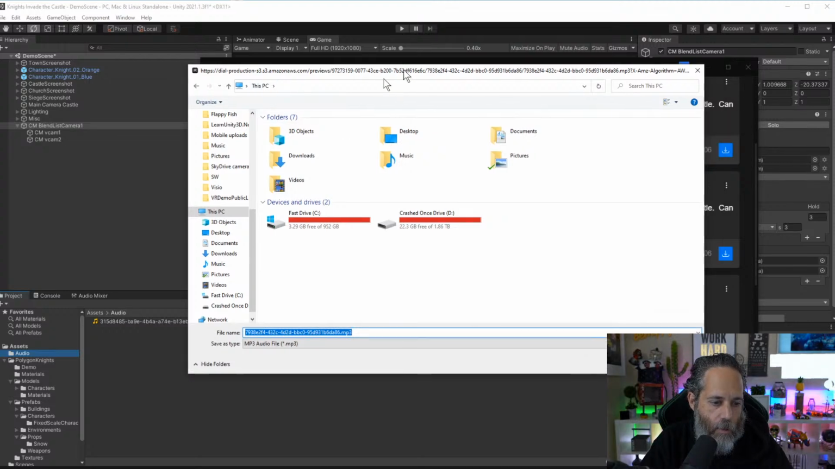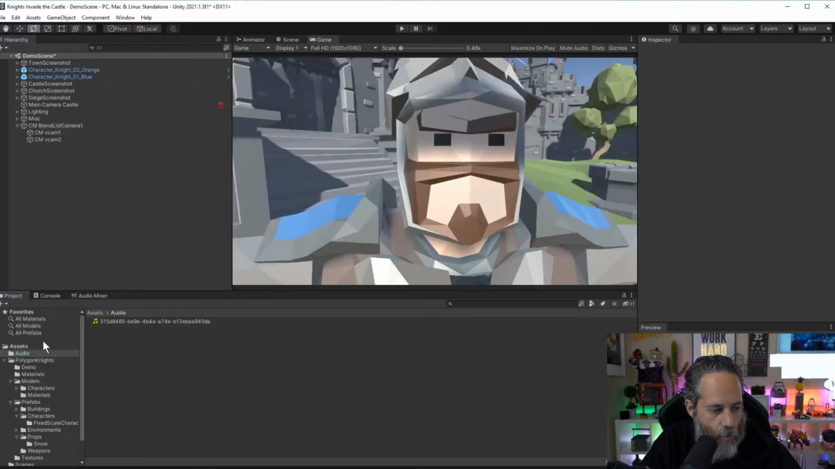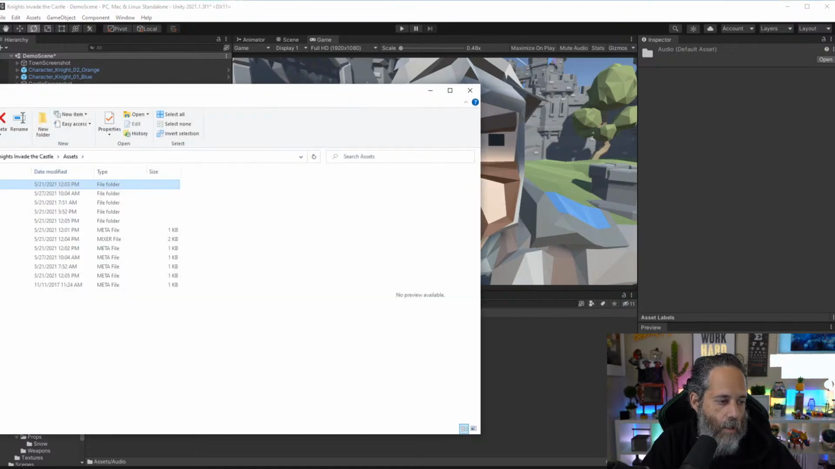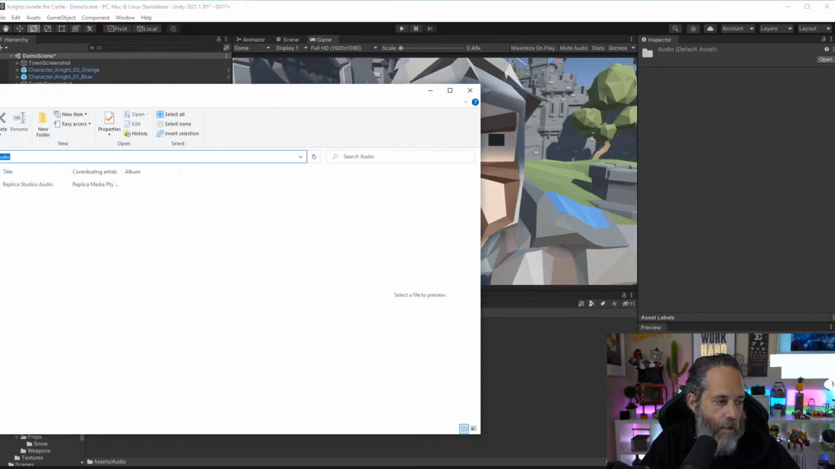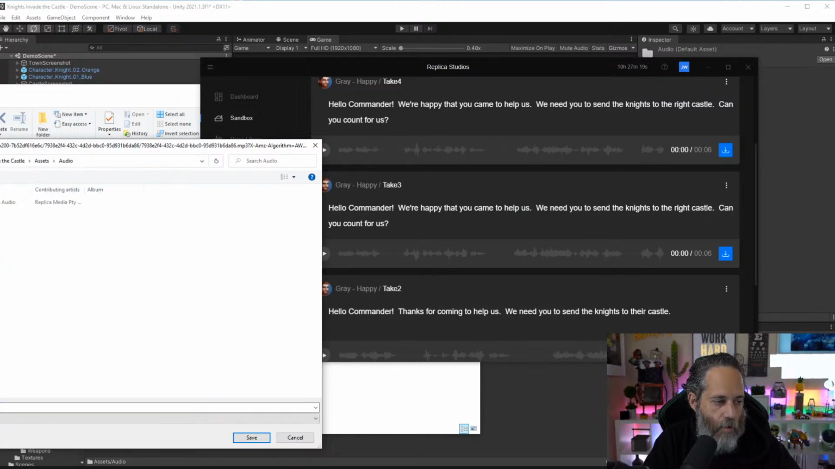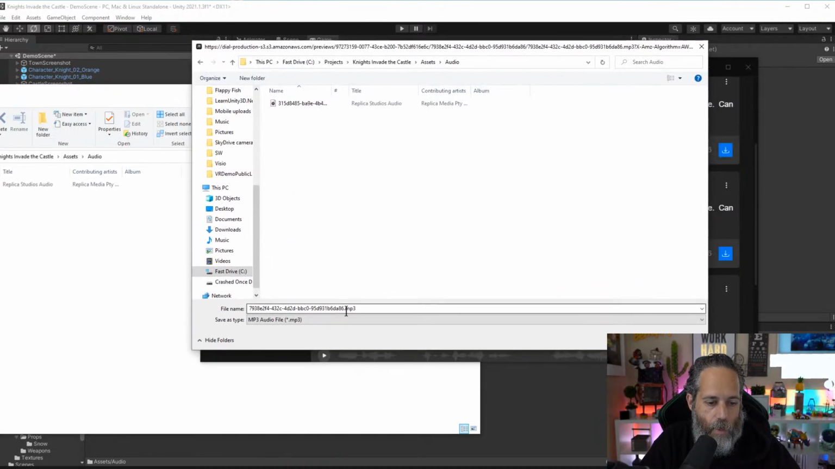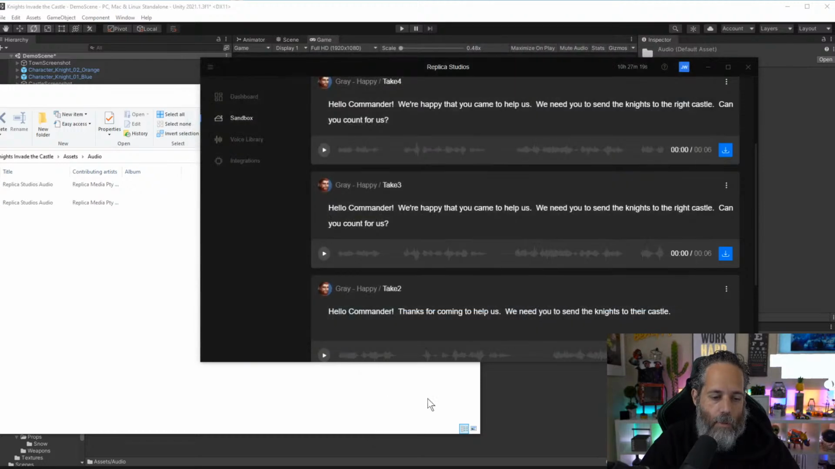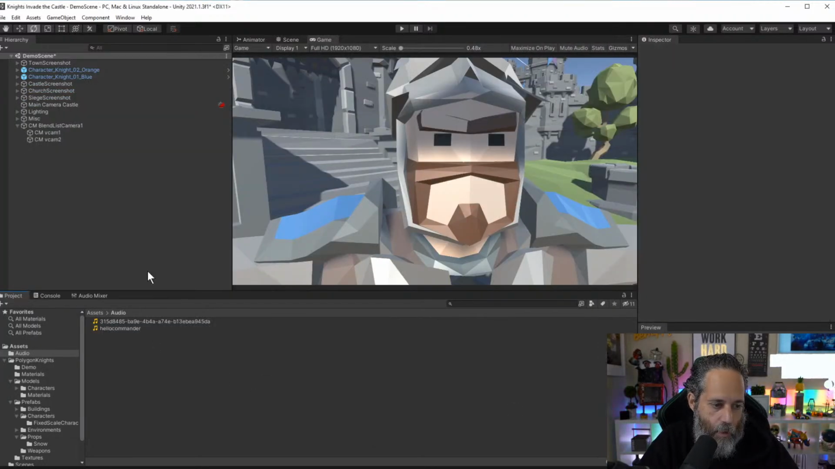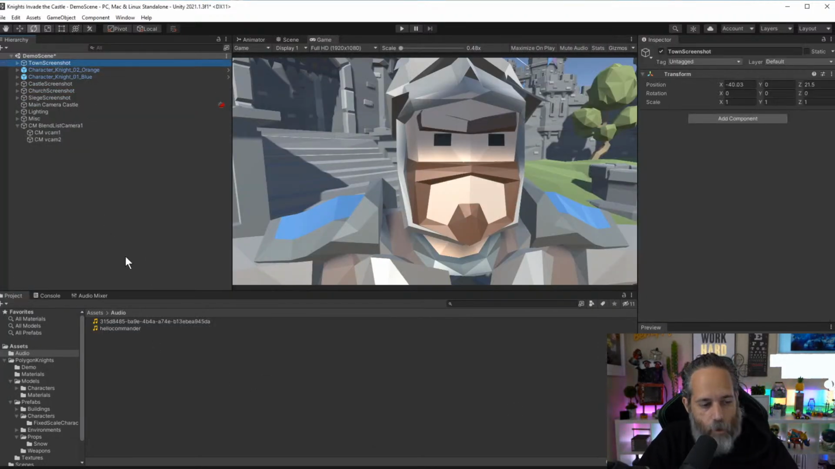folder. So where's the correct folder? Let's go find it. We'll go into our audio folder right here, hit show in Explorer, copy this path, and then I'll paste it in over here. And then we'll give this a better file name than just this GUID ID. This is GUID, which ends with ID. So it makes sense to add ID to it. So we'll just call this like hello commander. There we go. Save that file off, jump into Unity, and now we've got voiceovers that we can drop on